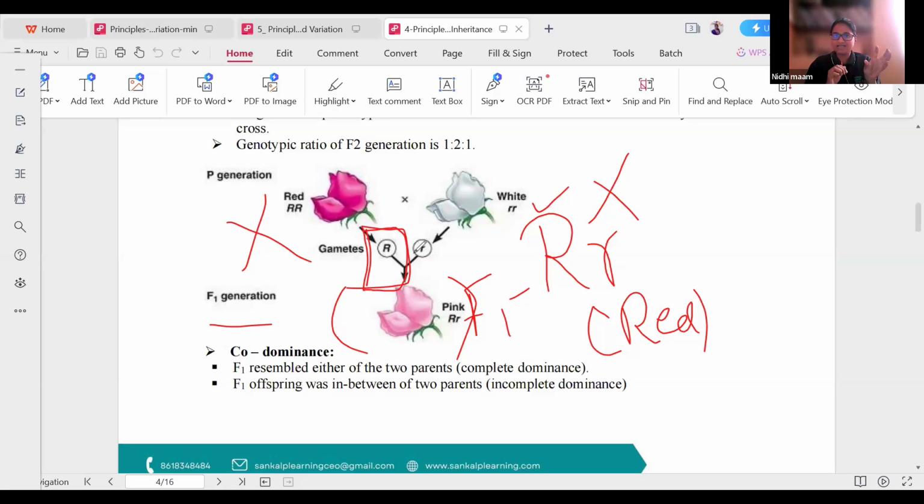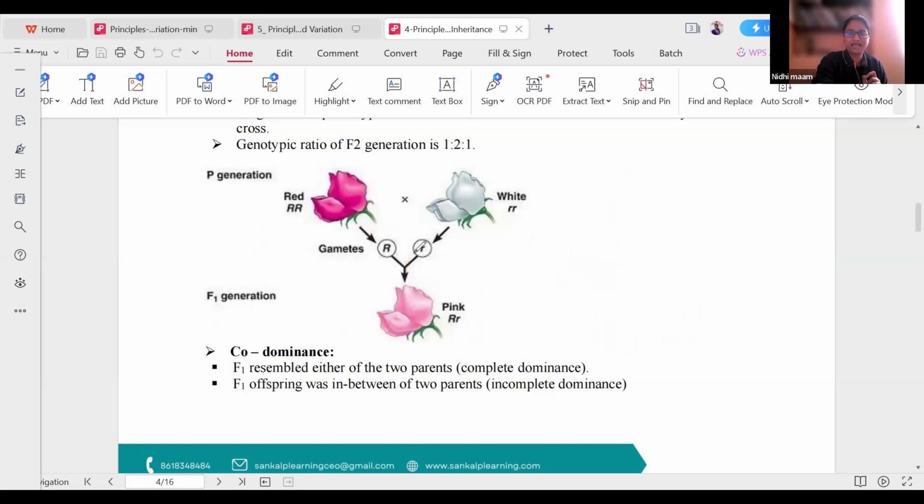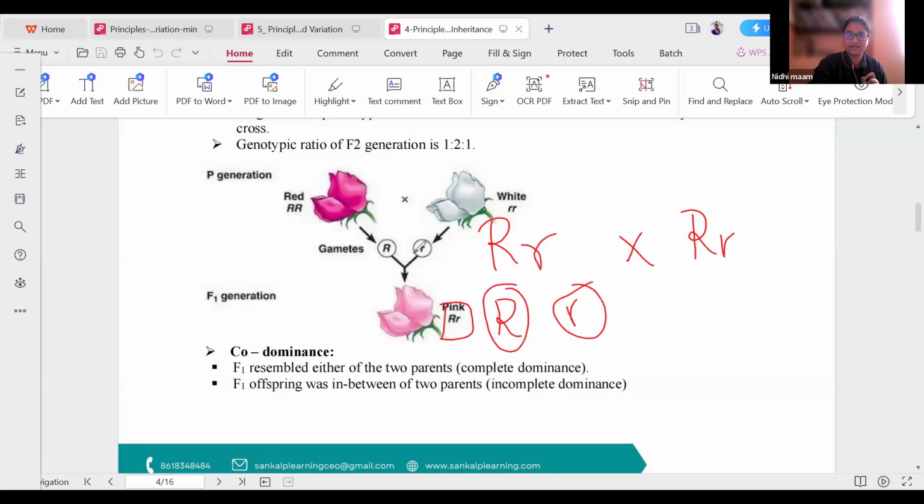As the dominant allele did not express completely, it is termed incomplete dominance. So here, in the F1 generation, Rr. When we allowed it for self-pollination, we will get two kinds of gametes, as it is heterozygous. And when they fuse, we will get around